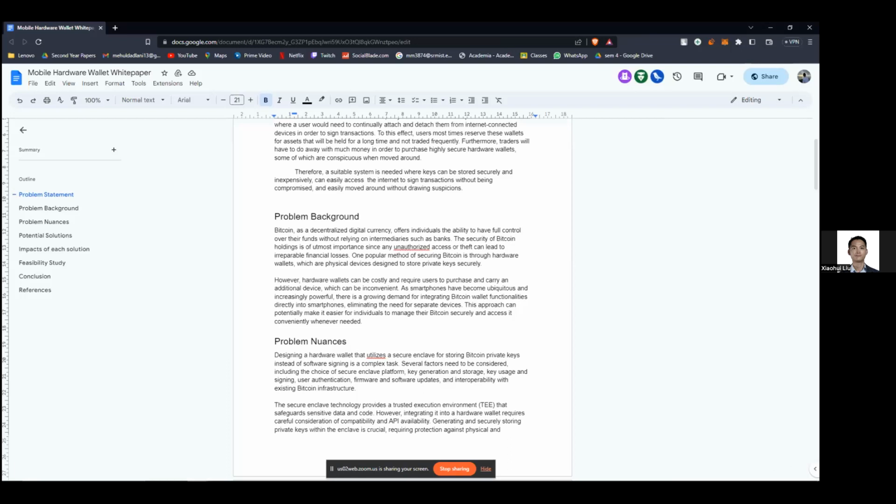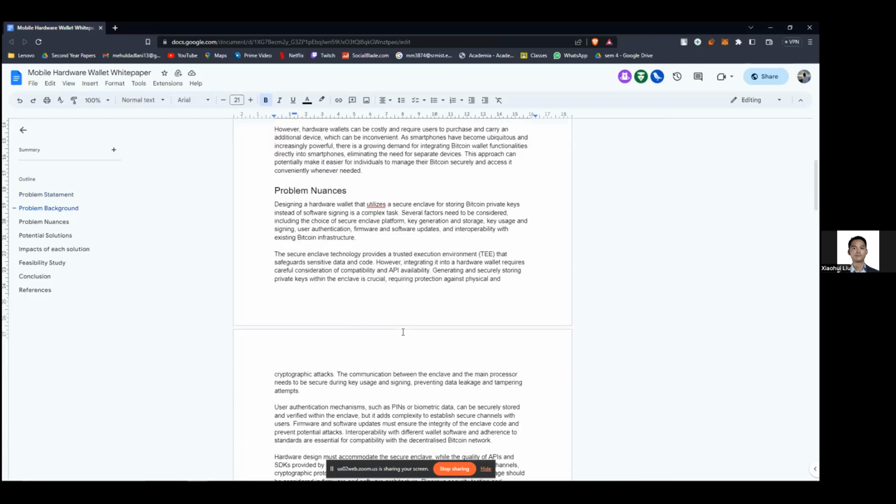Designing a hardware wallet that utilizes a secure enclave for Bitcoin private key storage is a complex task for us. We need to consider factors like the choice of secure enclave platform, since Android and iOS have different ones, the key generation and storage, key usage and signing, and user authentication. These nuances require careful consideration to ensure the effectiveness of the solution. And